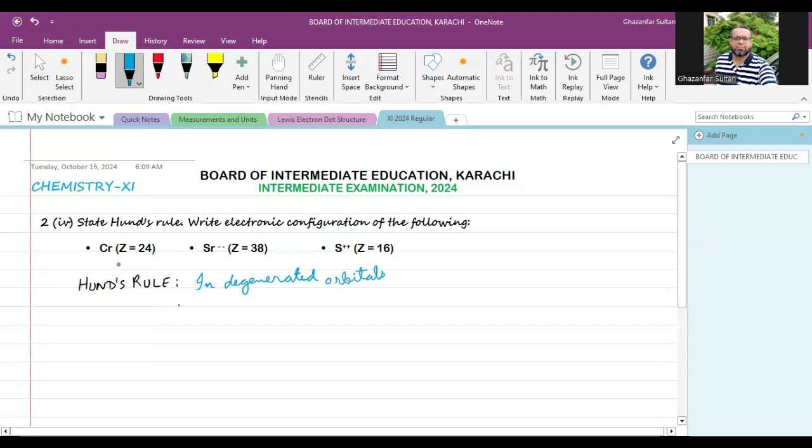P subshell has 3 degenerate orbitals. Degenerate means orbitals having the same energy. So if the orbitals belong to p subshell, d subshell, and f subshell: p subshell has 3 orbitals, and all 3 have the same energy. So there are 3 degenerate orbitals. D has 5 orbitals, and all of them have the same energy. F has 7 orbitals, and all of them have the same energy. So in degenerate orbitals, electrons are